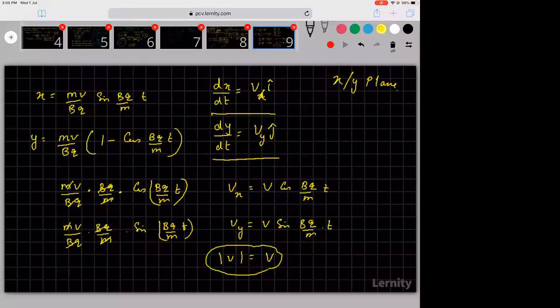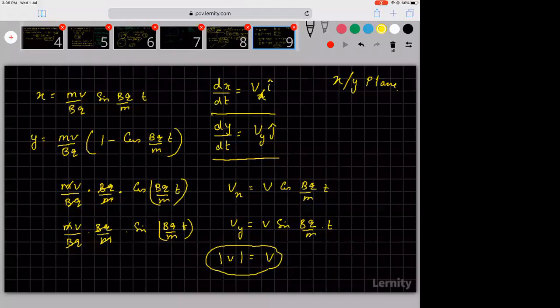Now you can differentiate velocity. Once you differentiate velocity, you get the acceleration of the particle. This was a question which came once or twice in a JEE Advanced paper, where they asked you for the velocity and acceleration of the charged particle. A charged particle is projected into a magnetic field. People just said velocity won't change. No, they wanted to know the direction.